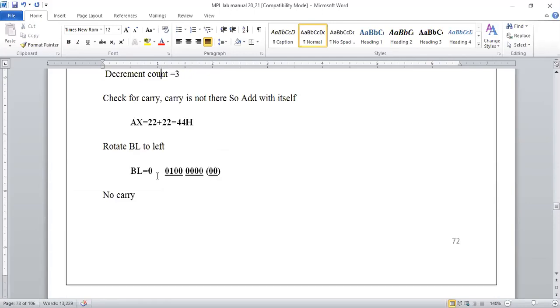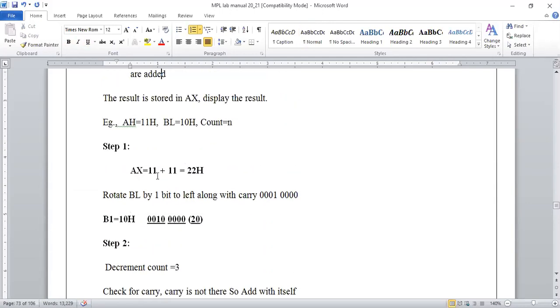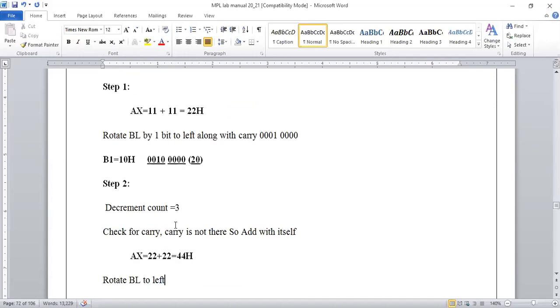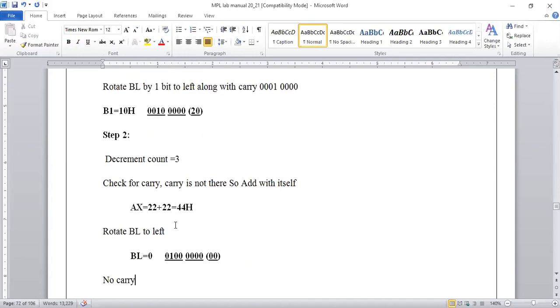So what we have to do, once again I will just repeat this. We have to convert the first operand first, and then the second operand, into binary form. We have to do successive addition of this element with itself. After every add we need to make a shift, right? With 1 bit. Sorry, we need to rotate with 1 bit. And after rotating, we need to check whether it is generating a carry.